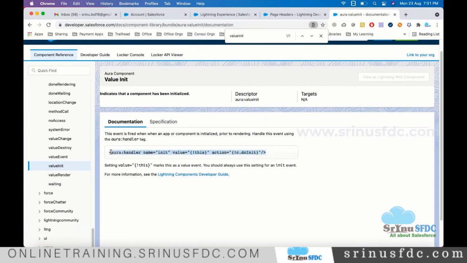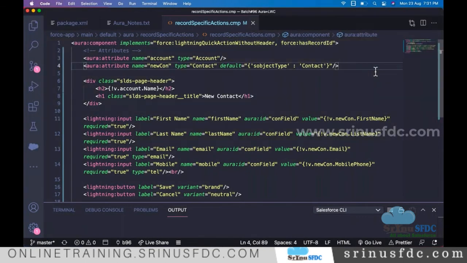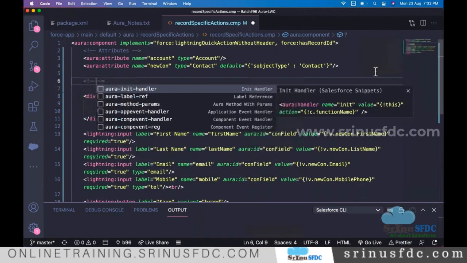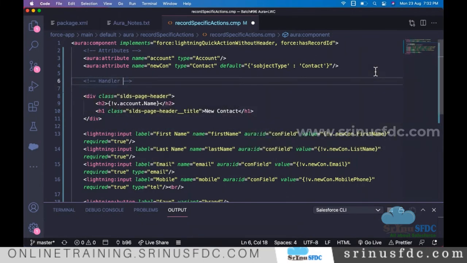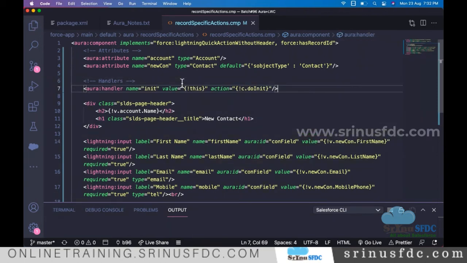So this line, just copy. In the components, most of the time we handle many things, many events. We simply say handlers, and this is the init handler. Now the function name, whatever you want to give for the function, is our wish.